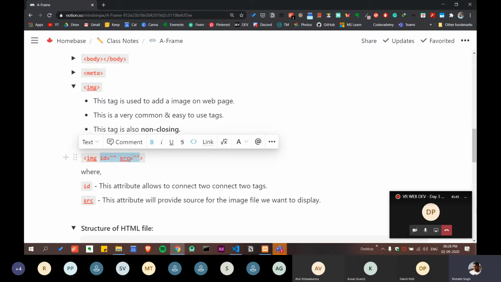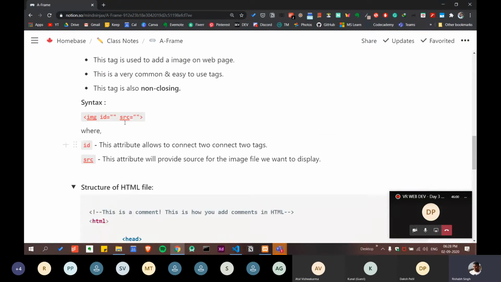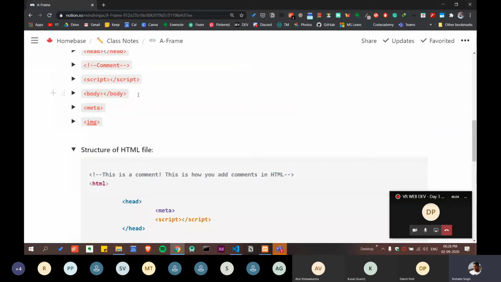Both id and src are attributes in the case of the image tag. So remember this. This whole thing is the image tag, and these two are attributes. So make sure of these two terms. And okay, we are done with two attributes. Let's close it. And we are done with all these basic tags.